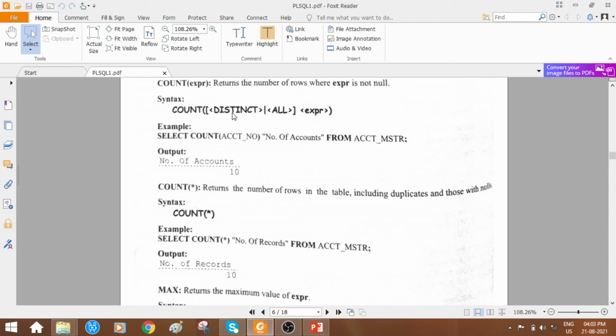Distinct means what? Unique rows. If you are not using distinct, let me clarify, students. Let us assume that in a student table, like a student name column will be present.